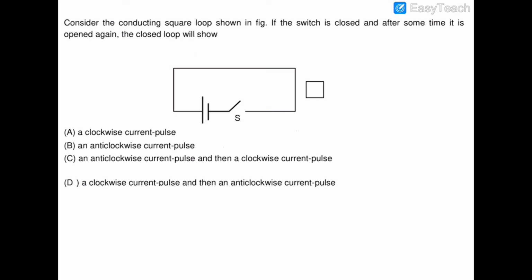Now, as soon as the switch is closed, let us suppose the switch is being closed like that, the current will flow in this direction